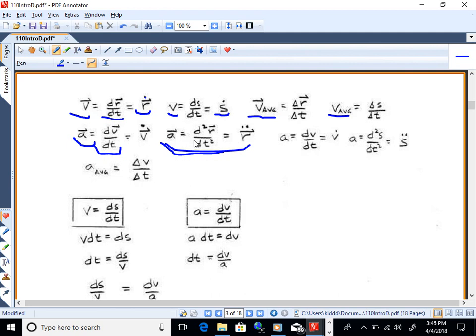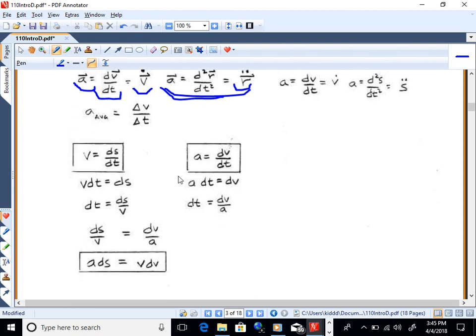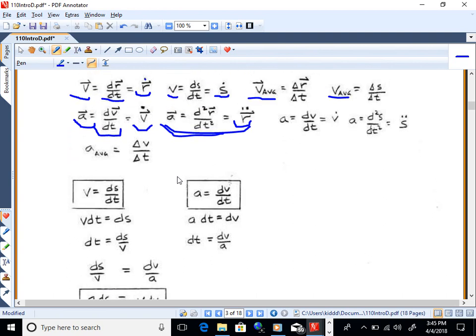You can call these v dot, or the second derivative is r dot dot. Real easy notation. Just put a dot over it. It means time derivative. All right, now those are the fundamental relationships, and there's kind of a chain that goes from displacement to velocity,